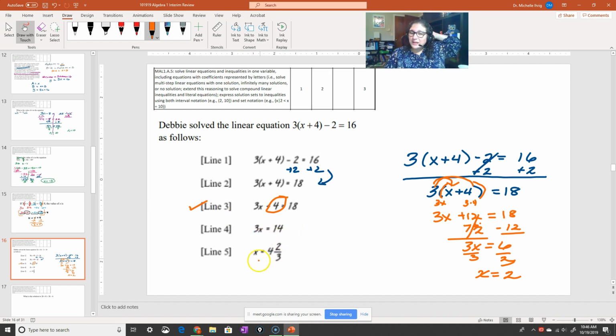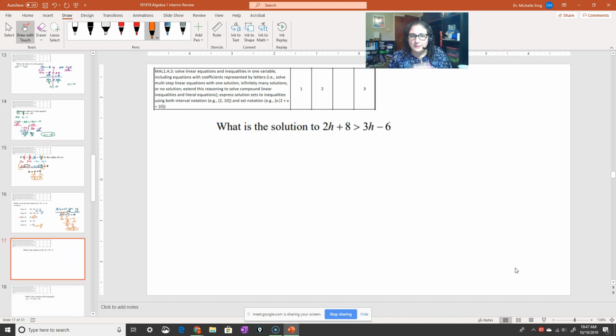The only other thing I think that they might have said was wrong is, typically speaking, you wouldn't convert it into a whole number and a fraction, into a mixed fraction. So that could be the other thing that was mistaken. Or they didn't get the right answer. But the main thing is they forgot to distribute, and that's what it was testing you on.